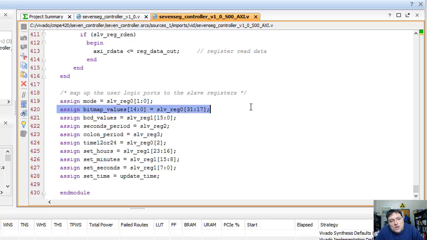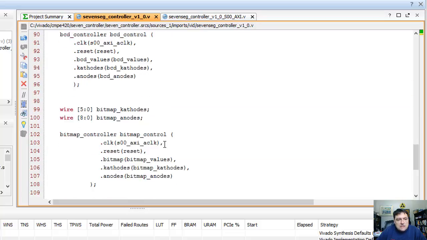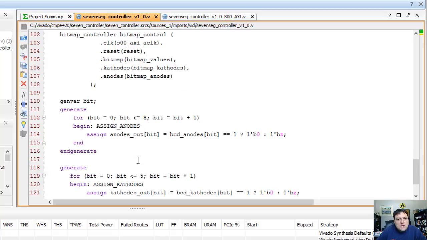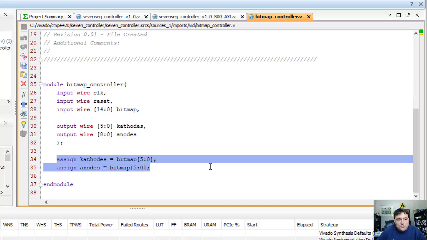So writing to the upper 15 wires of slave reg 0 means that these bitmap values carry out of this inner module here, and they carry out to bitmap values here, and the bitmap controller takes them here and translates them into anodes and cathodes. And we'll just take a look at that very briefly. Very simply, all it does is it splits them up into, whoops,